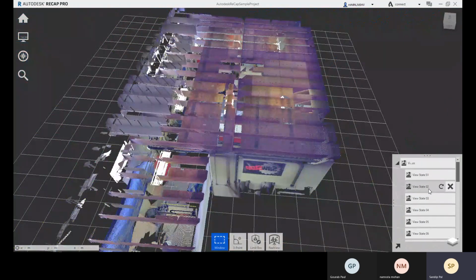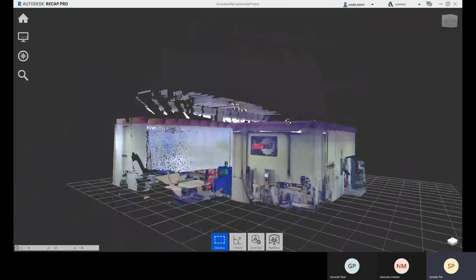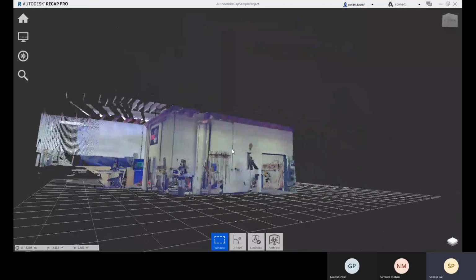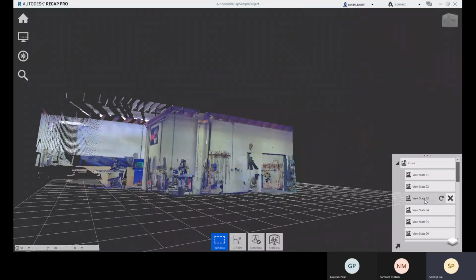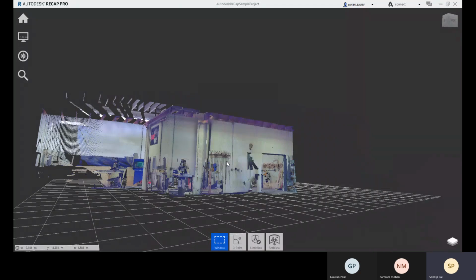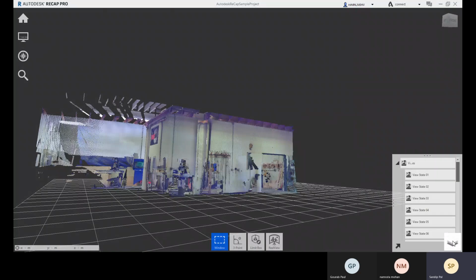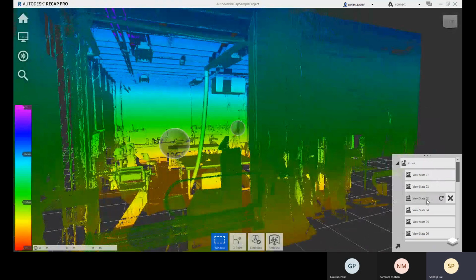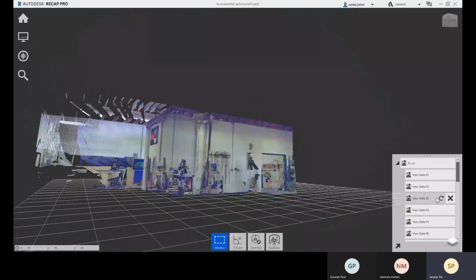Okay, it is not updated. View state 3, so right now it is updated. Okay, so I was clicking it wrongly. Now let me see view state 1, view state 2, and view state 3. Yeah, right. So make sure you are clicking it properly, otherwise you will not find out what is happening.